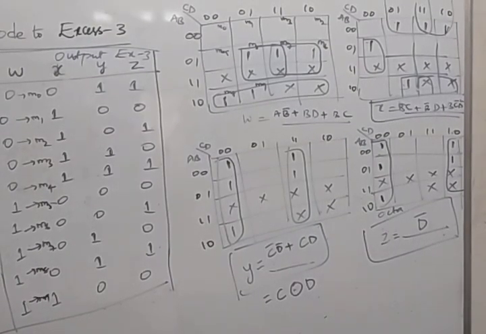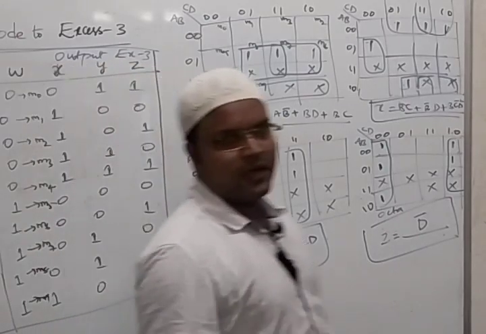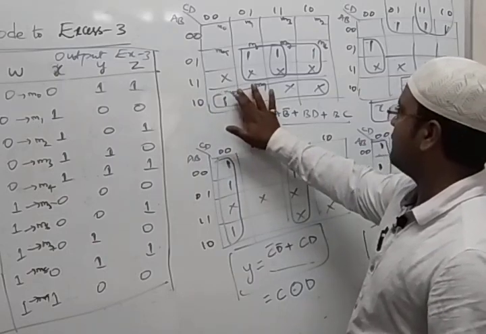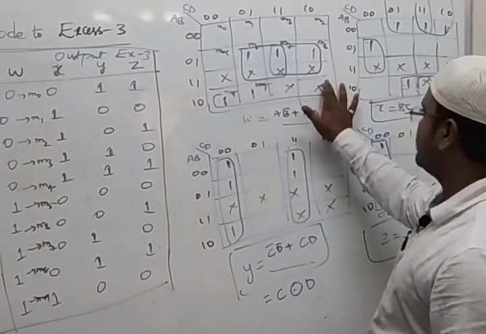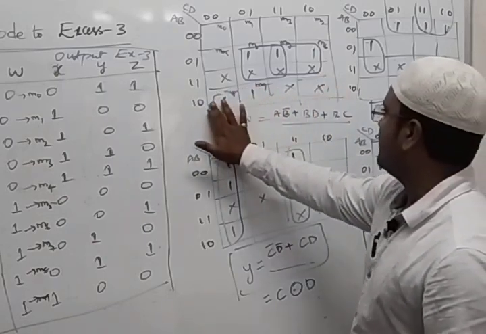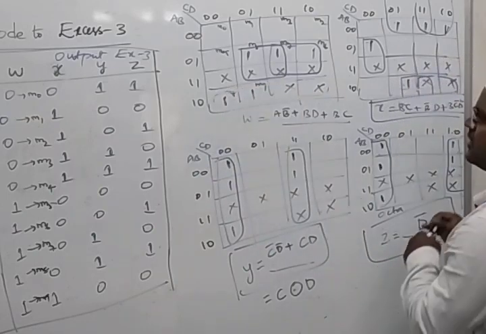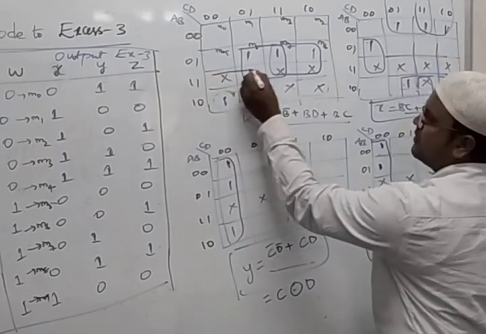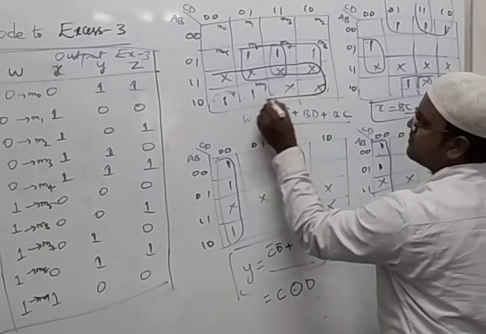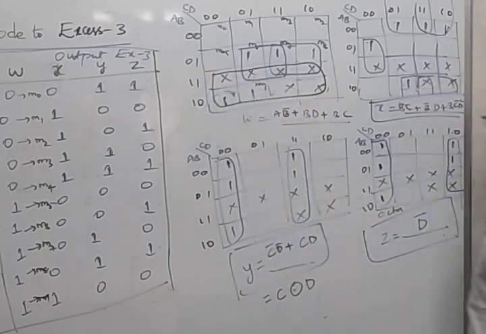For W, what else can we do, students? So I just have not done it this way. So what can I do? I can combine this 8 because I do have this 8, right? So what I'll do instead of this 4 combination, I'm combining with 8. What is that 8? This way I can combine all these values and this thing. I can do it because all are don't cares, no?